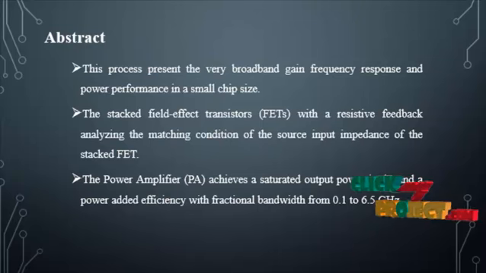CMOS power amplifier design becomes more difficult due to the low breakdown voltage and low output impedance. They are limited by the maximum allowable voltage. Many large devices have been typically connected in parallel to increase the current swing for the high output power. This power amplifier's occupied area is small when compared to the existing systems.